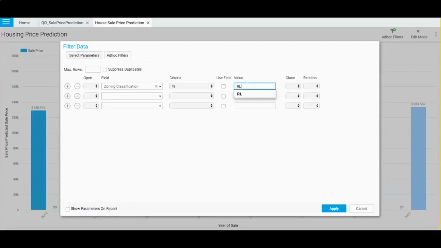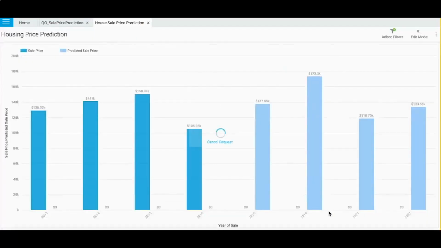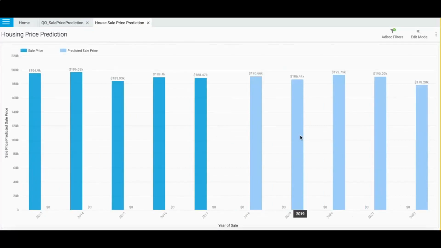So this time I will choose residential low density housing. So it's applying that same learned model again. So here we got.